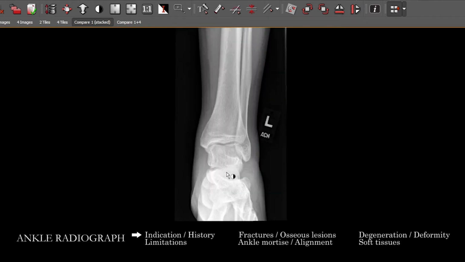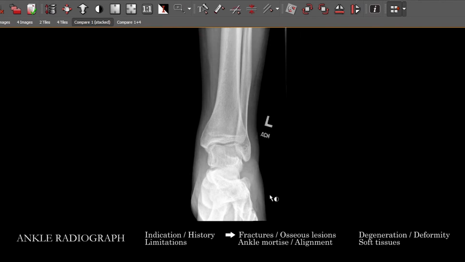All right, and then once you have a sense of what's going on with the patient and done all the requisite background understanding, we're going to take a look at the frontal view, and you're going to trace every single cortex: the distal tibia and fibula, along the talar dome, the tibial plafond. All the incidentally imaged or the imaged portions of the tarsal bones and metatarsals, as you see at the lower aspect of the study. You want to be particularly careful